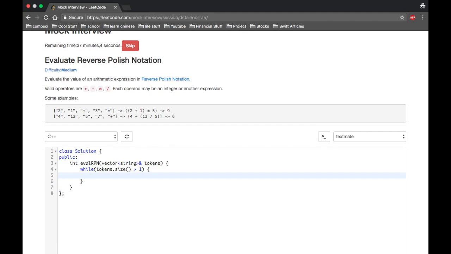and at this point I'll also just verify with the interviewer really quick, like, will the tokens always be valid? Would it ever be empty? Will it always have a number, and then operand, and then,